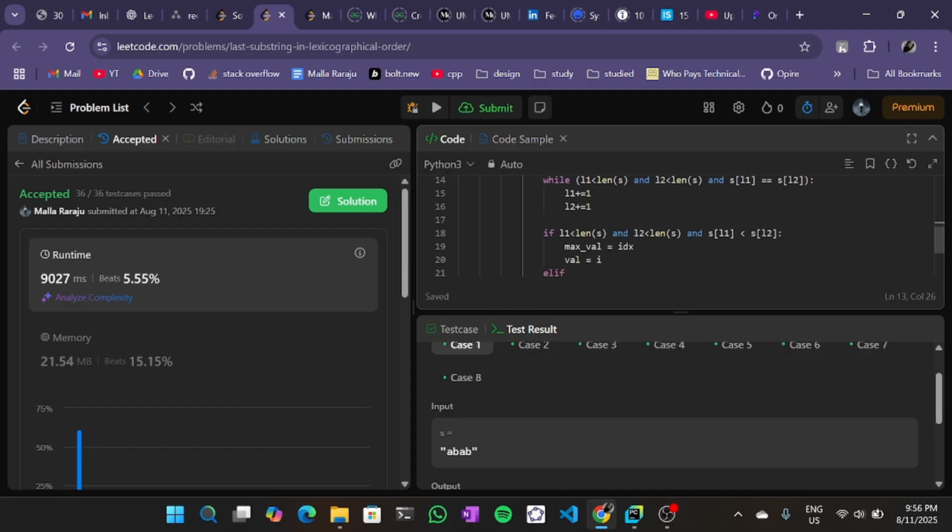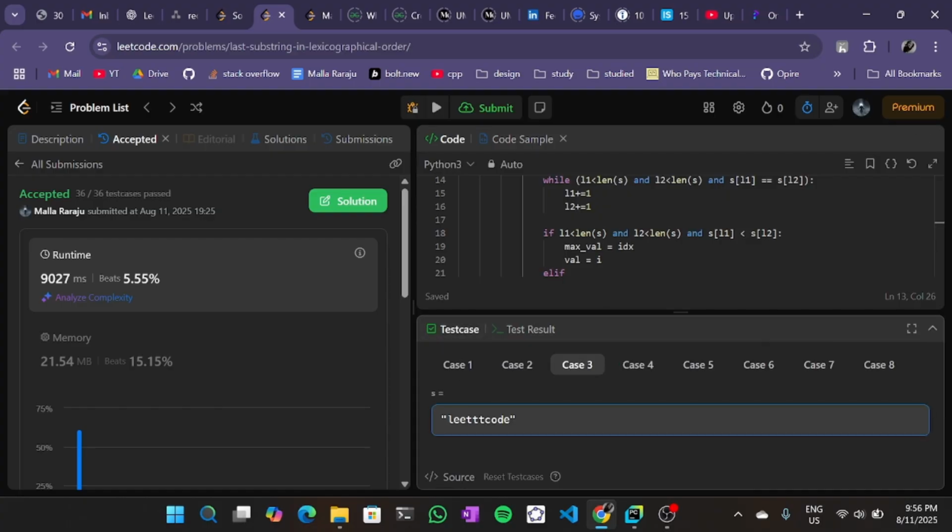If either of L1 or L2 is maxed out, let's just take the case where